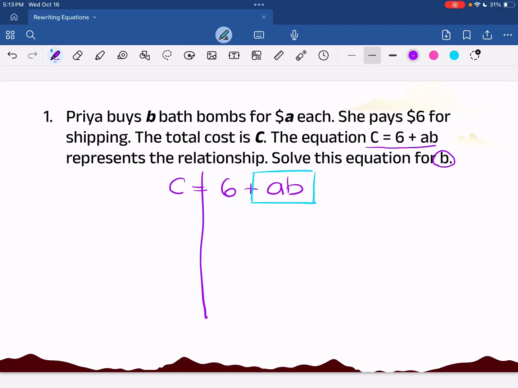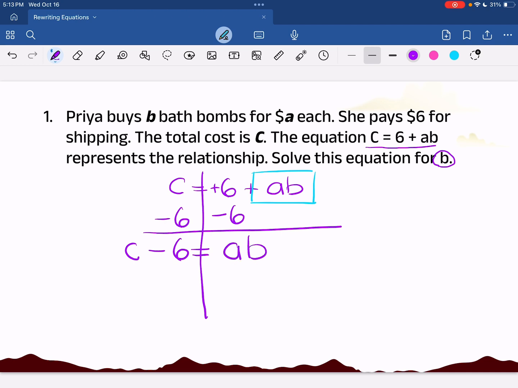Since this 6 is positive, what I can do to get rid of it is to subtract it from both sides. The opposite of a positive is a negative, so since this is a positive 6, I can undo it by subtracting 6 from both sides. C and negative 6, those don't share anything in common, so I'm just going to write those next to each other. I like to call them next door neighbors. They can't be combined, so they're just going to sit next to each other, C minus 6,